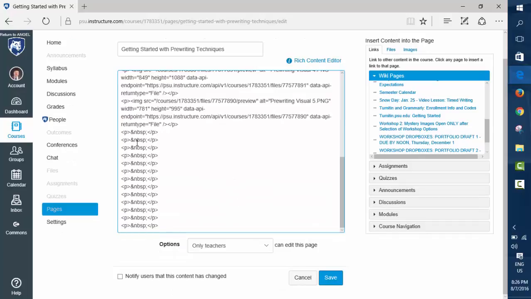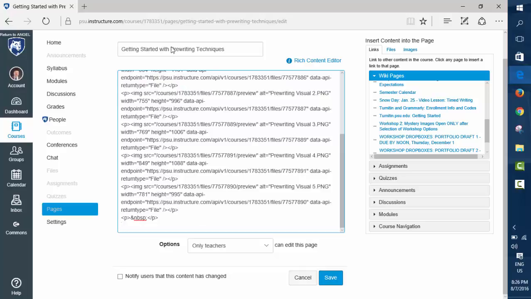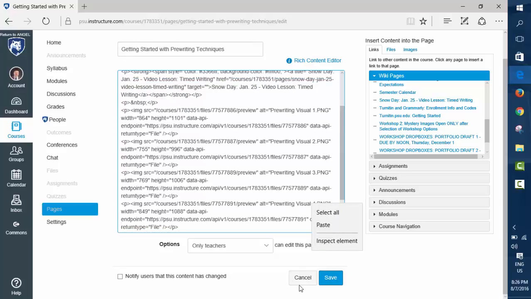Okay, and then in the end I must have put a bunch of different returns, which I could probably edit right out of there, but it makes it sloppy. Okay, and true to my nature, I'm going to cancel this. Okay, but you'll see